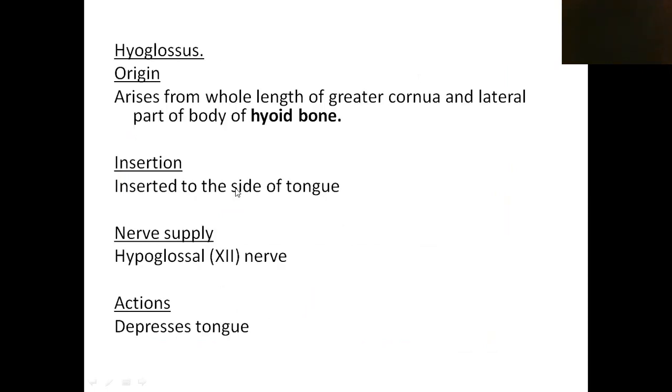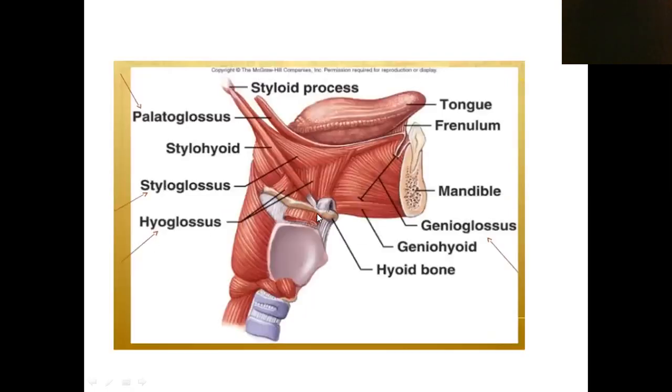Then hyoglossus. Hyoglossus, as the name indicates, arises from the hyoid bone. Say this bone, this is the hyoid bone. Here we can see some vertical fibers. This is the hyoglossus. So the hyoglossus muscle arises from the body of the hyoid. This anterior part of the hyoid bone is known as the body.